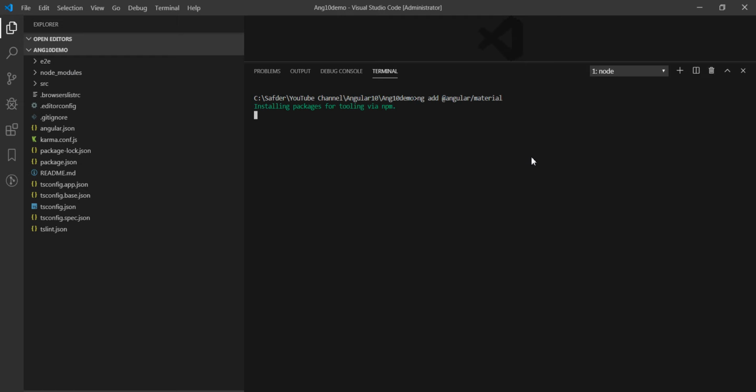But what add will do here, add will try to look into our packages. If there is some package which has an older version which is not supported by Angular Material, it tries to update that package as well. So currently we are on an Angular 10 project, so it will not update any other package. Yeah, so it will take some time. It will again ask us a couple of questions, like if you want to use some default styling or not. It will take some time.